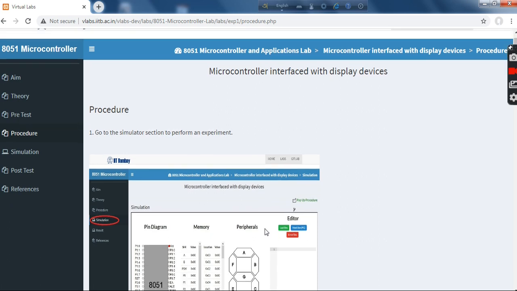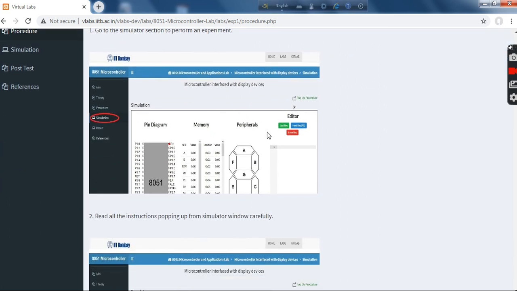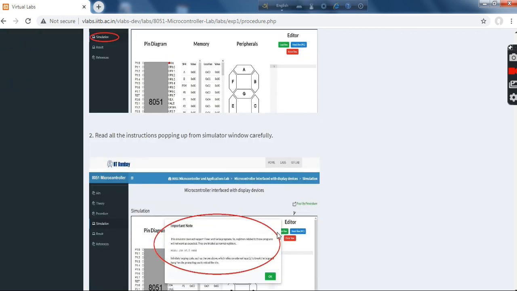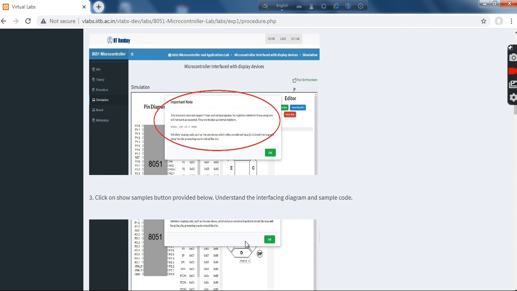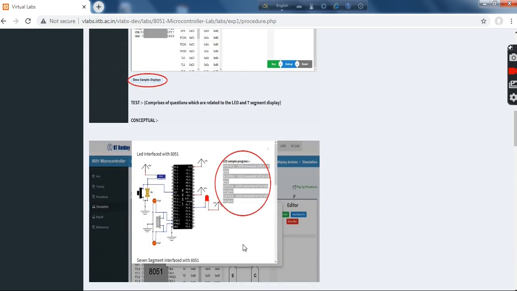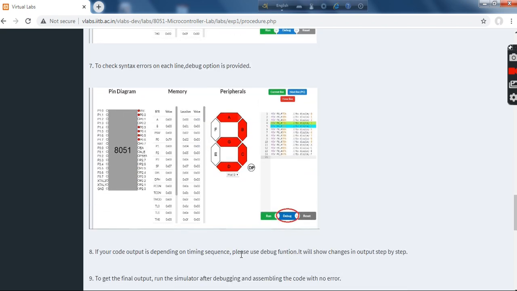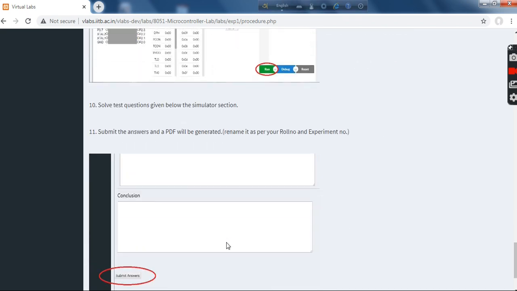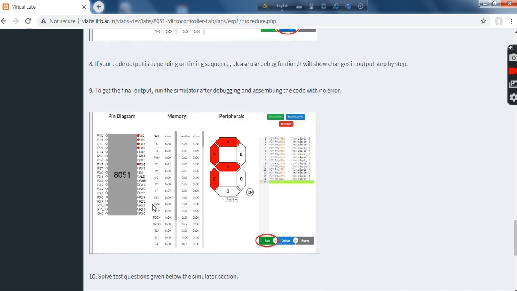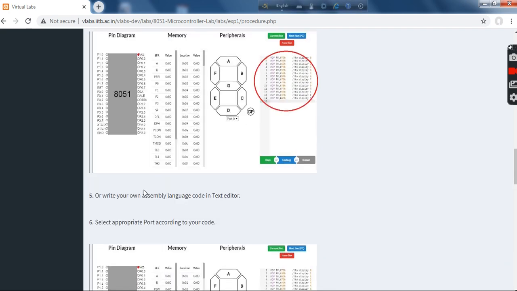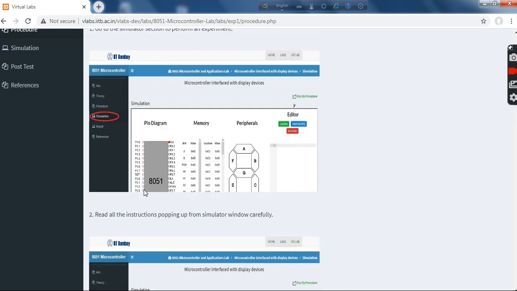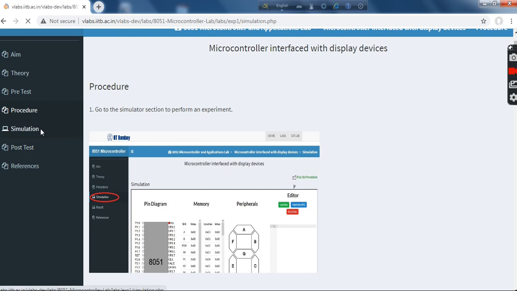In the procedure section, the detailed description of how we will do this lab is given. Students should go through this section very carefully so that they do not make any mistake while performing the experiment. These are the steps. Now we are again going to scroll up and go to the simulation section.